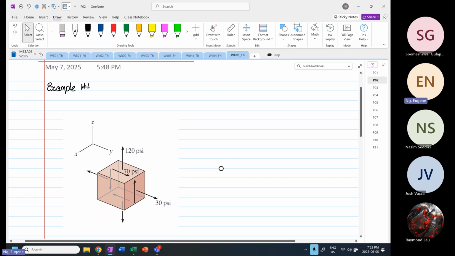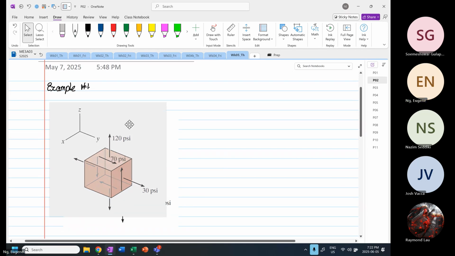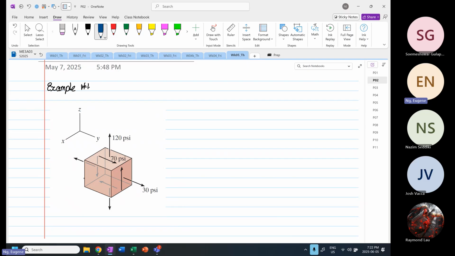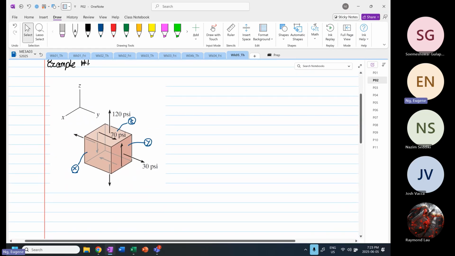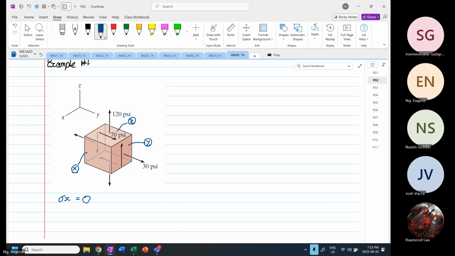So you can see based on the transformation over there, you have x-axis, y, and z. Okay, and you can see over here, we label this face as point x, and this face over here as point y, and the vertical face is our point z. And we can see based on how the stresses are acting, we realize that stress x is equal to 0. Okay, stress y is going to be positive 30 psi,